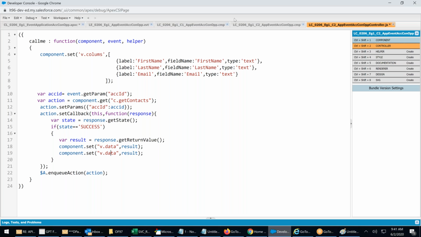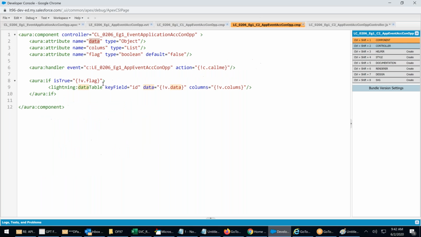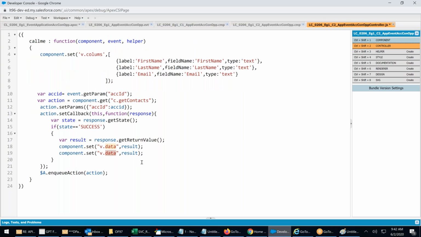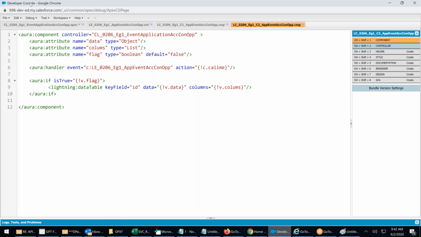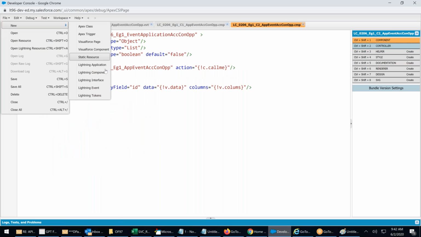V dot. What is the field name? Flag. Control C. Flag. Flag to what? True. Then only the table will be visible. Perfectly done. Over. Control C. This is also done. Close. Similarly, I'll create one more file, new component,